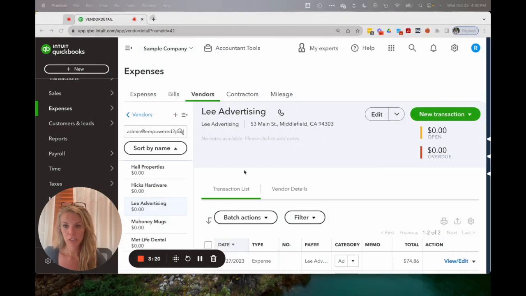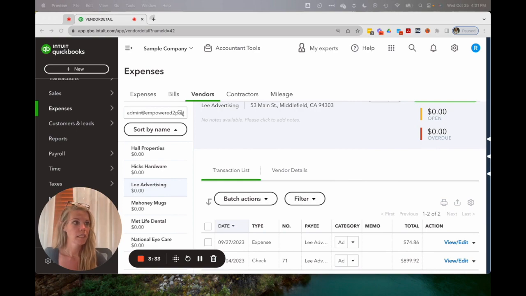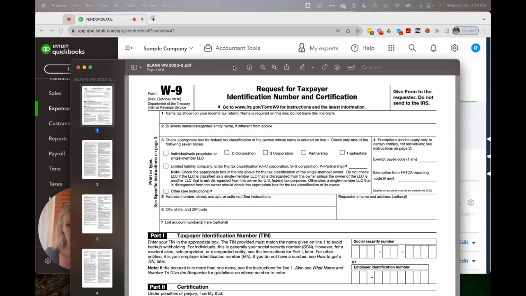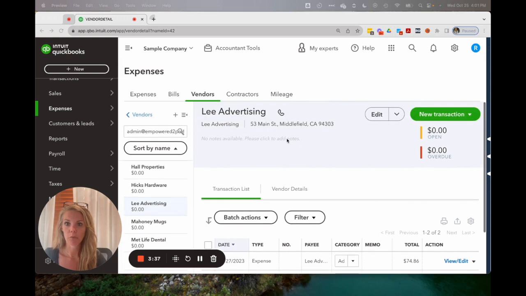So after we understand that flow chart, now we are looking at the contractors or the vendors that we have in our QuickBooks account. And what you will be copying off of this W-9 form is going right into your vendor information in your QuickBooks file. So this is why it's really helpful. It makes end of year tax season a lot quicker, a lot simpler, a lot more efficient, and